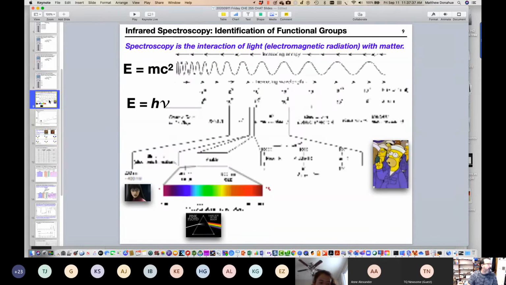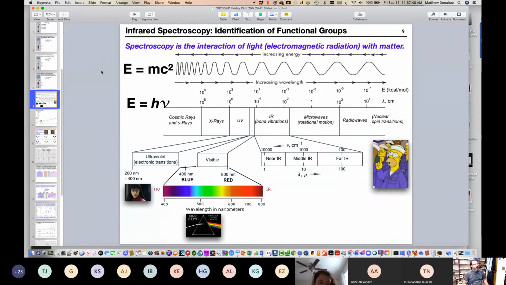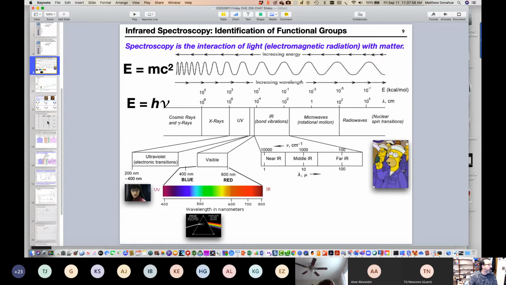So I have a couple slides on IR spectroscopy before we get into the continuation of what we did on Wednesday. And again, these are slides that are taken from my screencast that I have yet to post, because I had some issues with my iPad and getting the movies uploaded onto my computer.